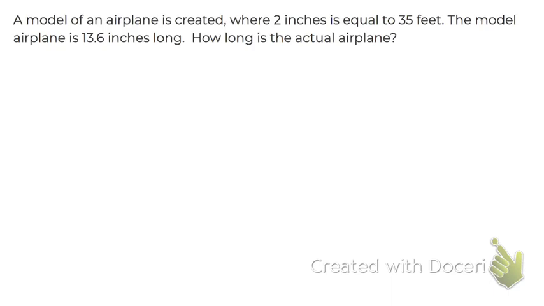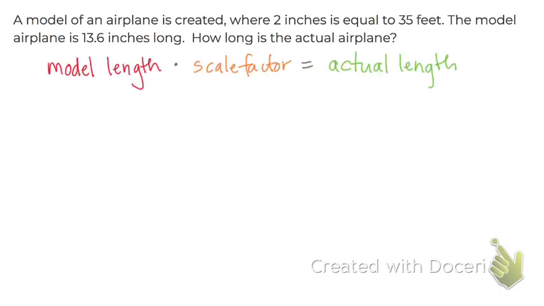So in this example, we're going to use the scale factor and the model airplane length and multiply those together to find the actual airplane length. So let's substitute these numbers in. The model length is pretty easy. It's just 13.6 inches. In the scale factor, we're going to use the fact that 2 inches equals 35 feet,